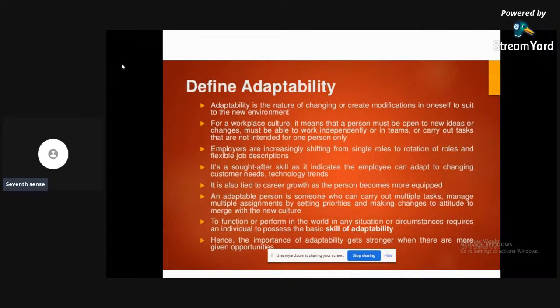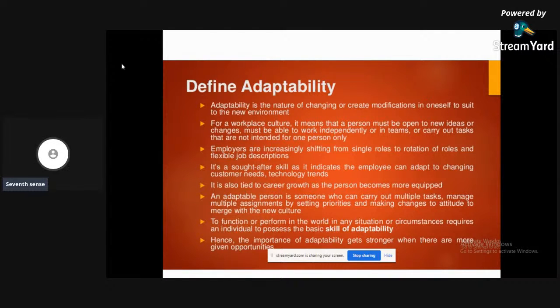One who can change according to the given challenge and face it with renewed abilities. Such a person is called an adaptable person, and that ability is called adaptability.